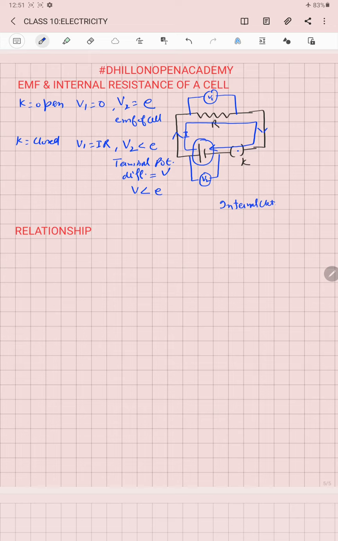So there are actually two parts in a complete circuit. One is called the external circuit, which is the circuit connected between the positive and the negative terminal of the cell, and the second part is the internal circuit, which is actually the electrolyte of the cell. The current flowing in the external and the internal circuit is the same because both are present in series with each other.